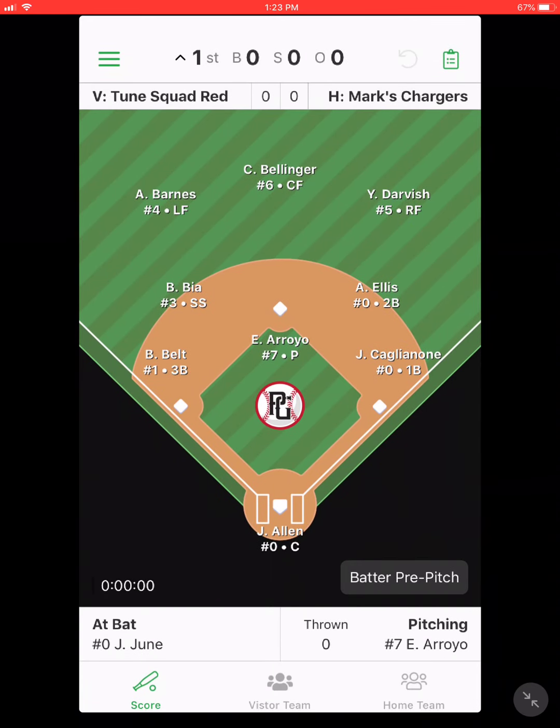And this is the home screen to start a game. As you can see, it has both teams listed, so make sure that home and away is correct, as well as everyone is in the correct position on the main screen. As you can see in the bottom left where it says